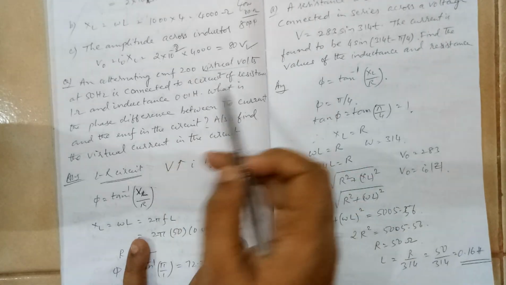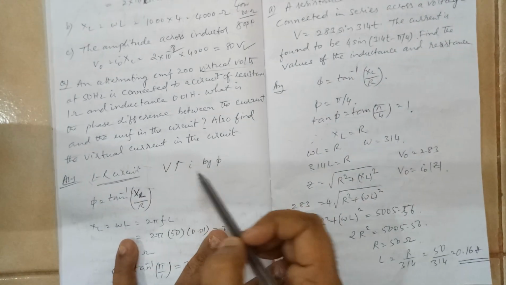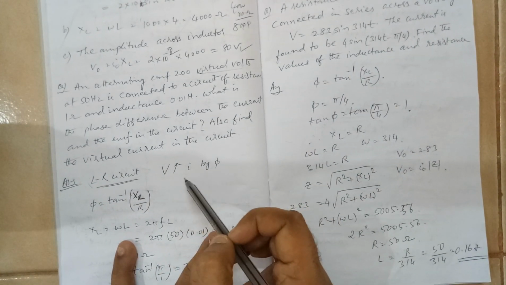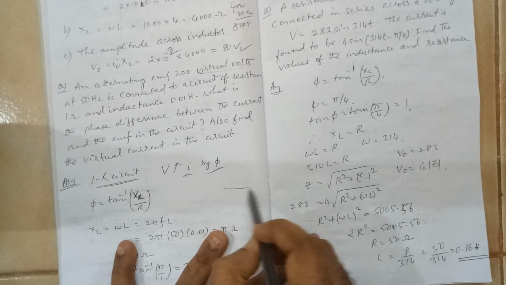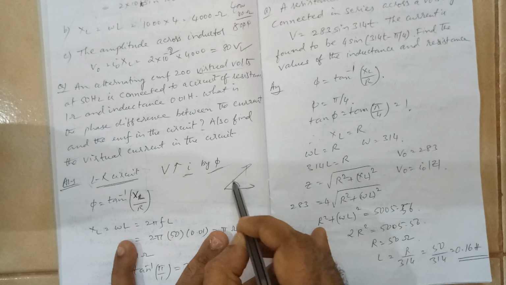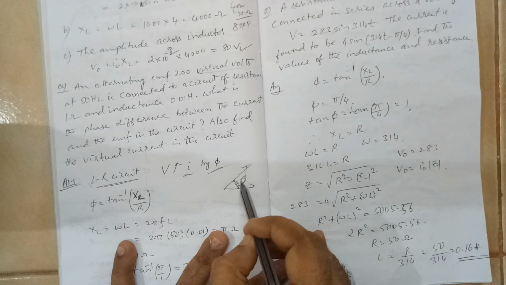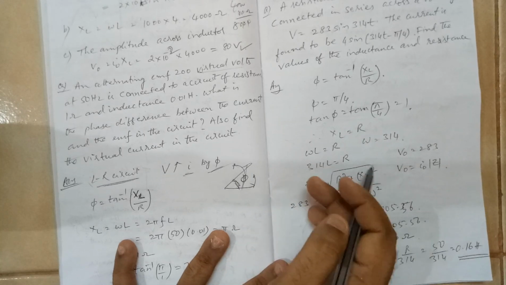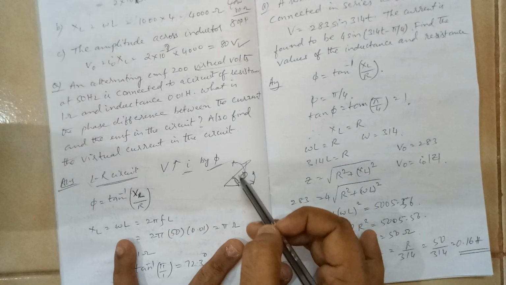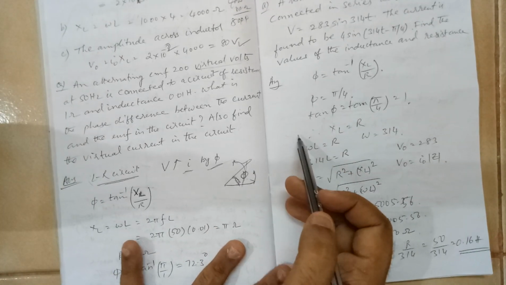So you are provided an LR circuit here, and the voltage is leading the current by phi value. What is the meaning of this? I is like this, voltage is like this. That means it is leading by phi. If this is rotating like this, this is also rotating like this. I am drawing the phasor diagram. So it is always ahead.